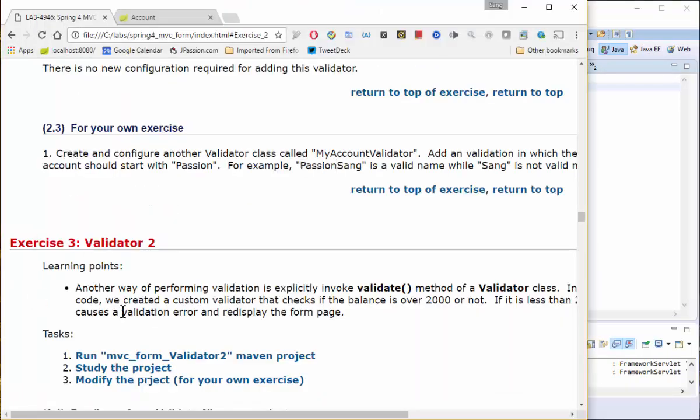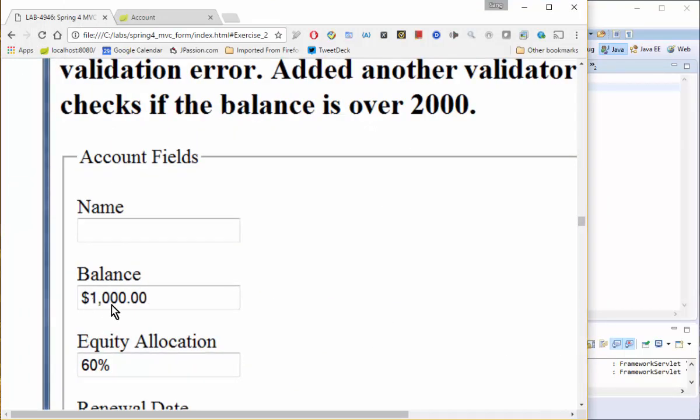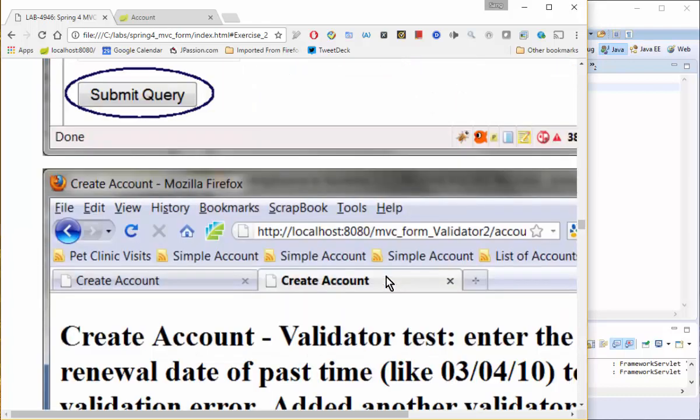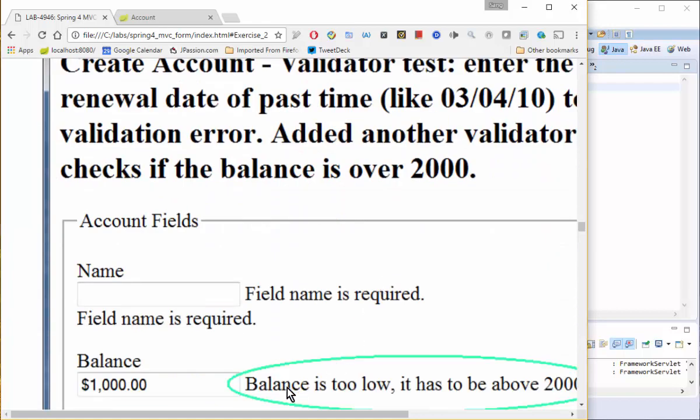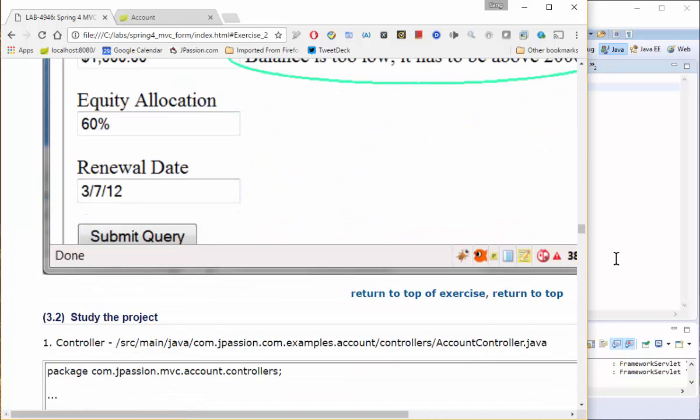In this case, what we want is for the balance to be at least 2000. This is the case where we are creating a brand new account, right? And we want to make sure the balance is always over 2000. If a user tries to create an account without the proper balance, in this case $2,000, then it will say the balance is too low, it has to be above 2000, or something like that. Okay, so let's run